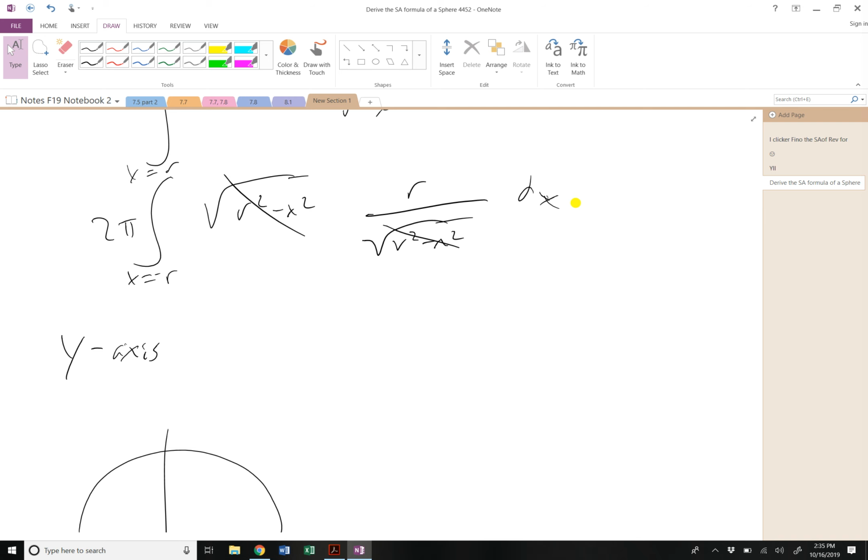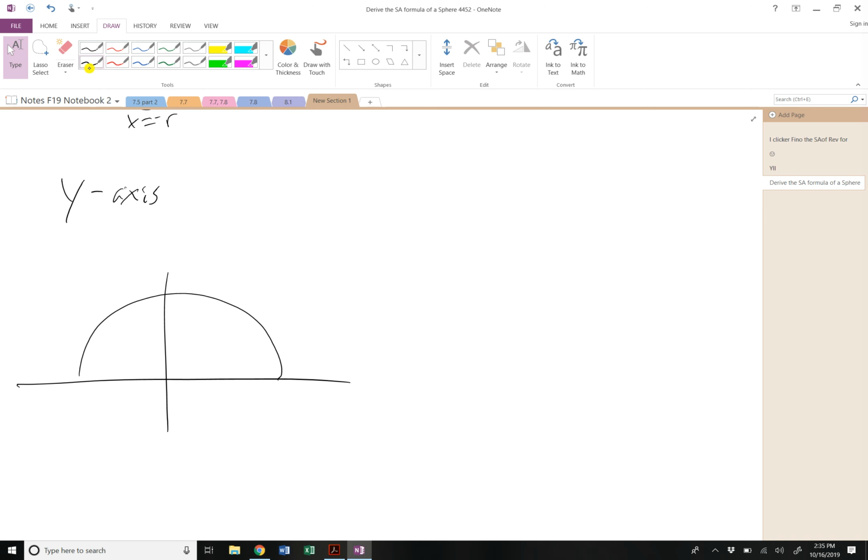But if you integrate with respect to x, then our slices are like this. So there's a delta x. We still have this piece here, but we spin it around this way. Okay, it doesn't go up there really, but